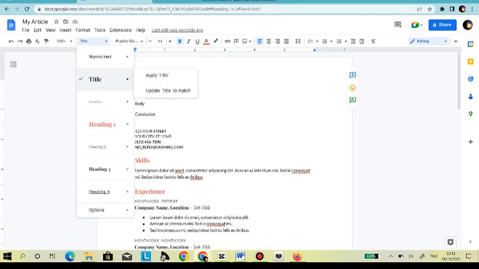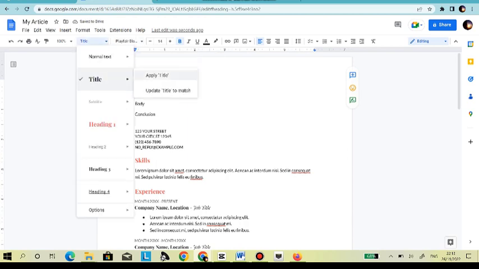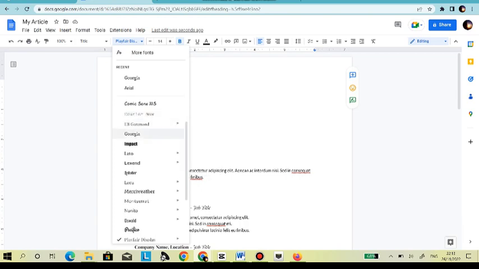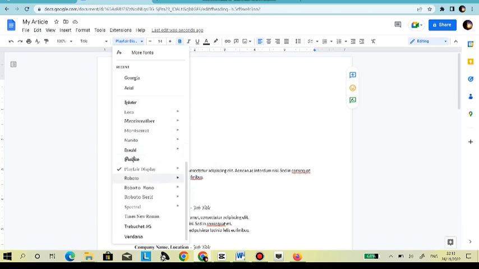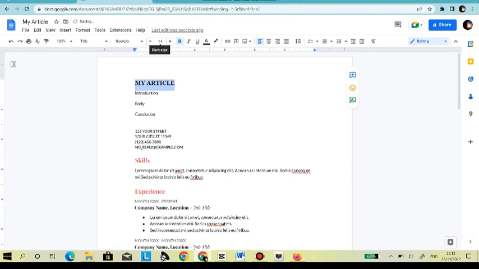We will click title and select the type of the font. In this case I will use Georgia as the font, and I will change the font size to 14,